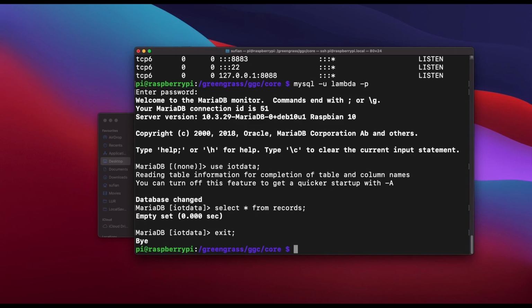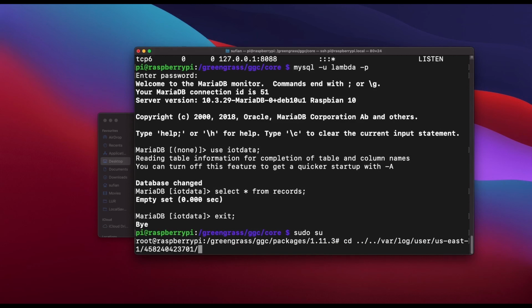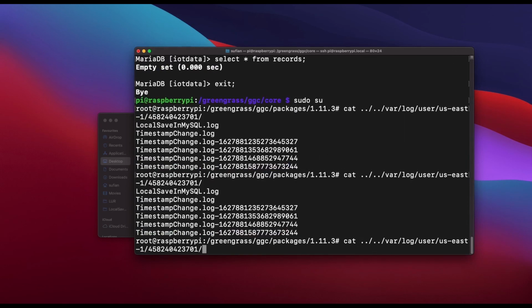Let's see if there is a log. There is user, and there is local save.